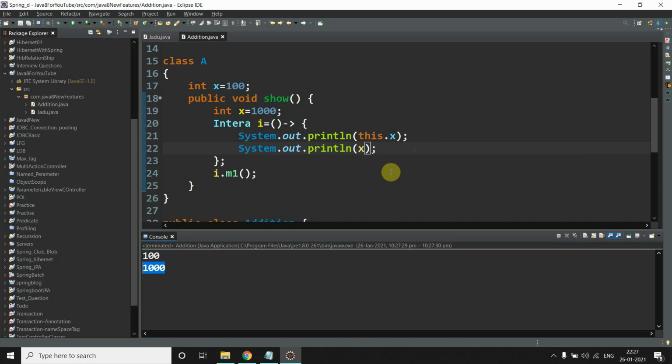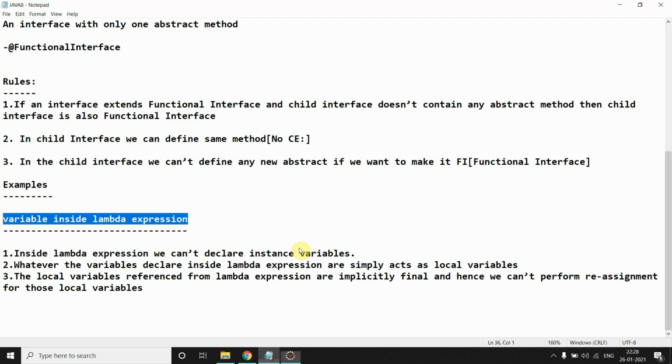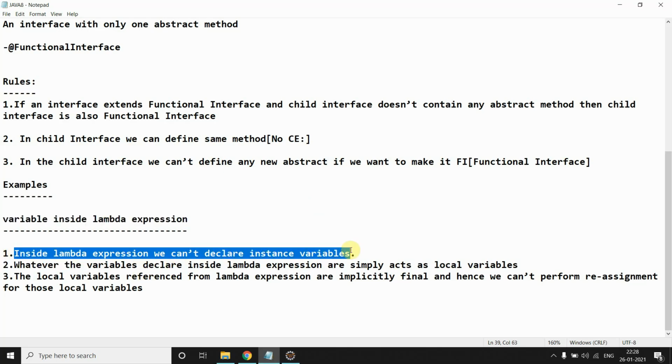Now the interesting fact: if I want to change the value of this local variable, say directly x equals 999, is it possible? If you see here, the compiler gives an error: local variable x defined in an enclosing scope must be final. I should also mention that inside a lambda expression we can't declare an instance variable.